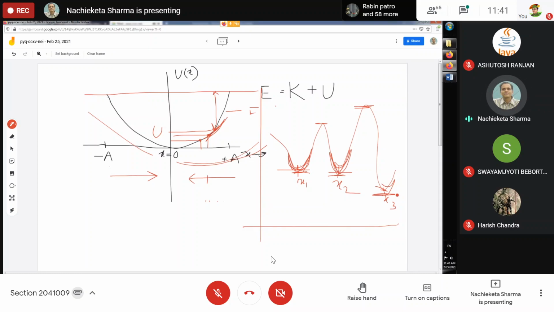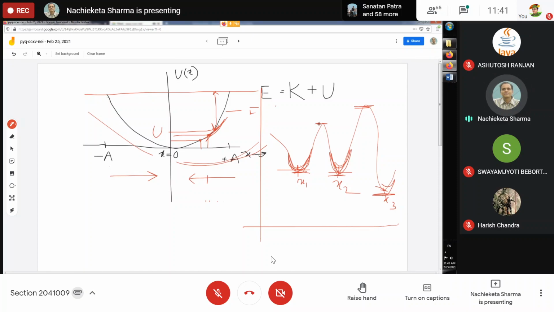When the particle is displaced to either side, the force pushes back towards the equilibrium point, which I have already shown. If you displace it a little from the mean position, naturally the restoring force will try to bring it back. Because it is in stable equilibrium, an ordinary displacement is not going to worry the object. The object will try to come back to its stable equilibrium position. The slope of the U-x curve is also 0 at points x2 and x4.